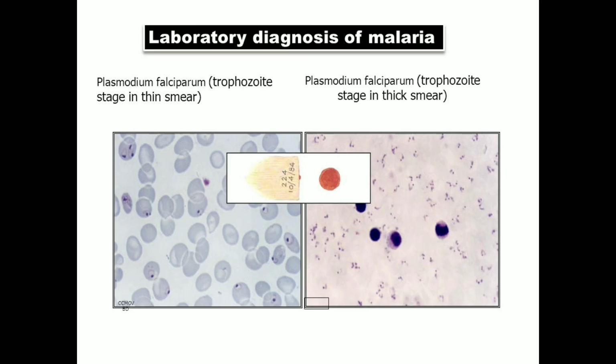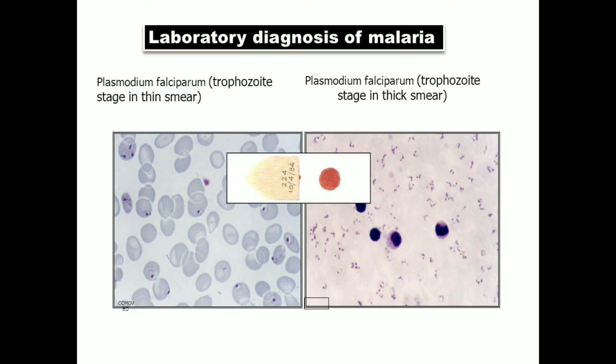This smear examination enables the appreciation of changes in the erythrocytes, such as enlargement, alteration of shape, fimbriation, red cell stippling, which is also known as Schüffner's dots. This will be seen with Plasmodium vivax, and irregular stippling, or what we call Maurer's clefts, is seen in